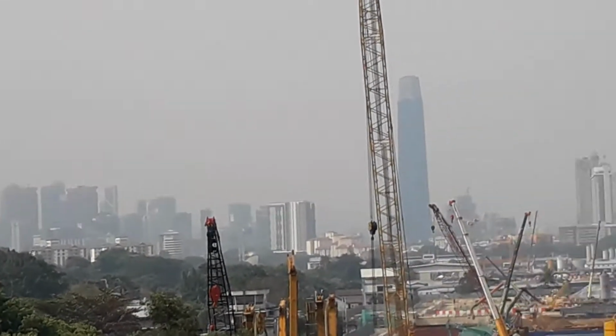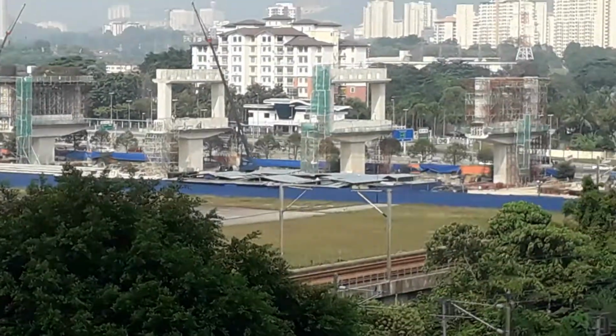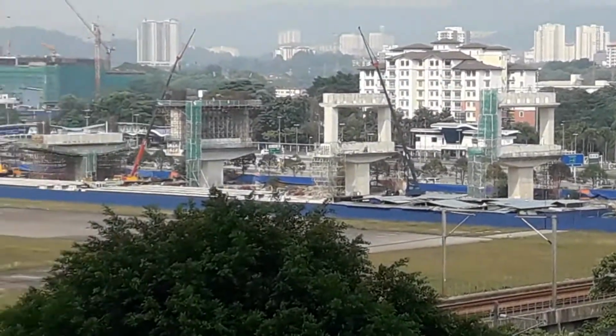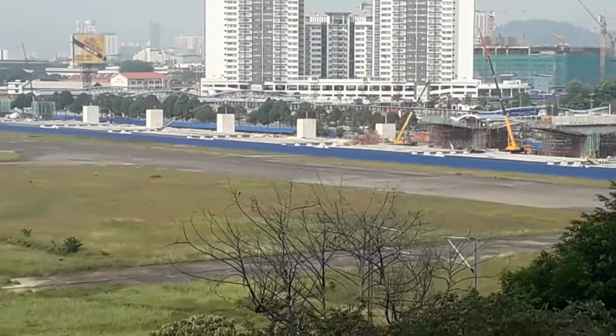This is a short video about RAF Kuala Lumpur, and for the benefit of ex-RAF personnel who served here in Malaysia during the emergency and thereafter up till about 1961, when the airfield was taken over by the Royal Malaysian Air Force. So we're now looking at the main runway,